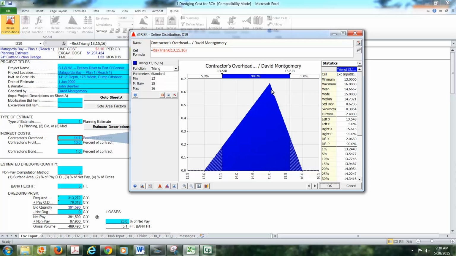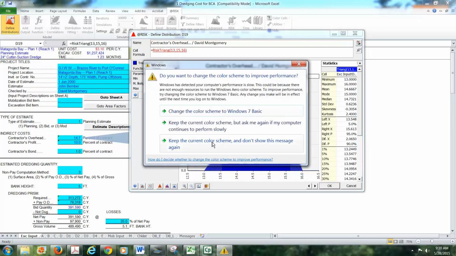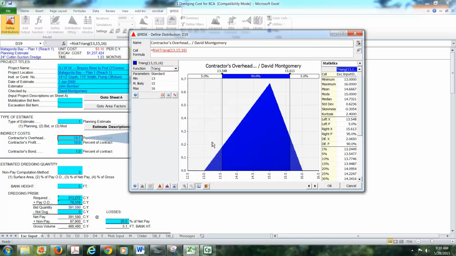So essentially what happens in a triangular distribution is we have 3 points. One is raised up here, is more likely than all the others. Then we get a ruler and connect the 3 points, and we have a probability distribution. Now when I say we get a ruler and connect the points, that's not literally what happens, but that'll be good enough for our understanding for the moment. And so this is a picture of what we believe to be true about the contractor's overhead. We're basically saying we don't know what the contractor's overhead is, but it's going to be somewhere between 13 and 16,